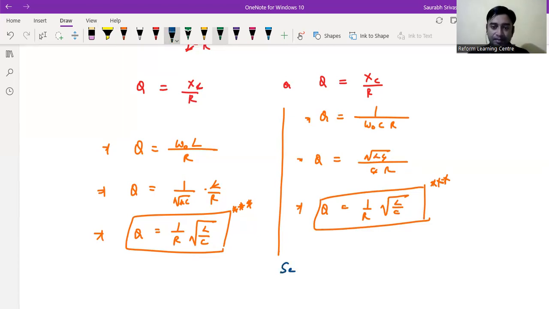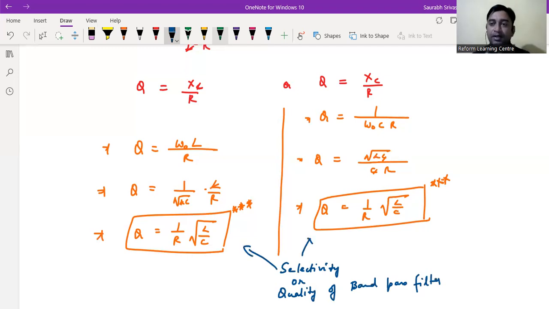Selectivity or quality of band pass, 1/R under root L by C. फॉर्मूला आपको याद होना चाहिए। आगे चलें।